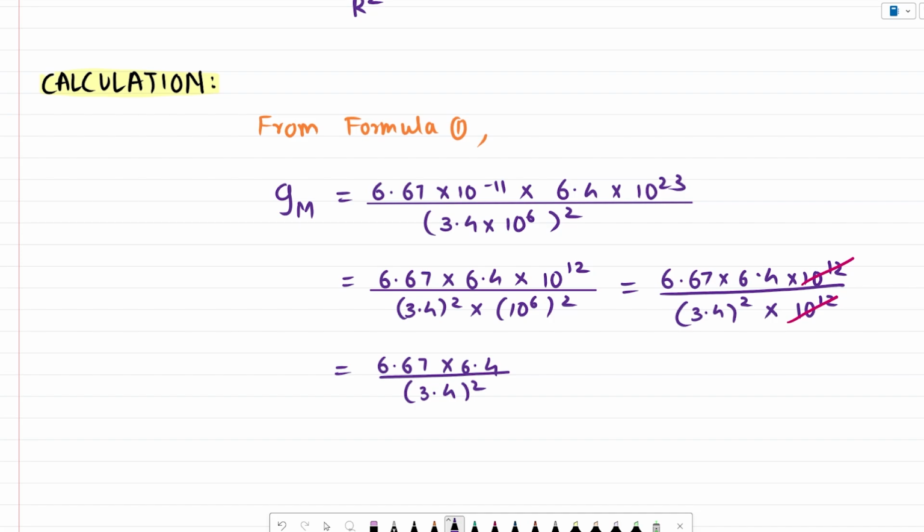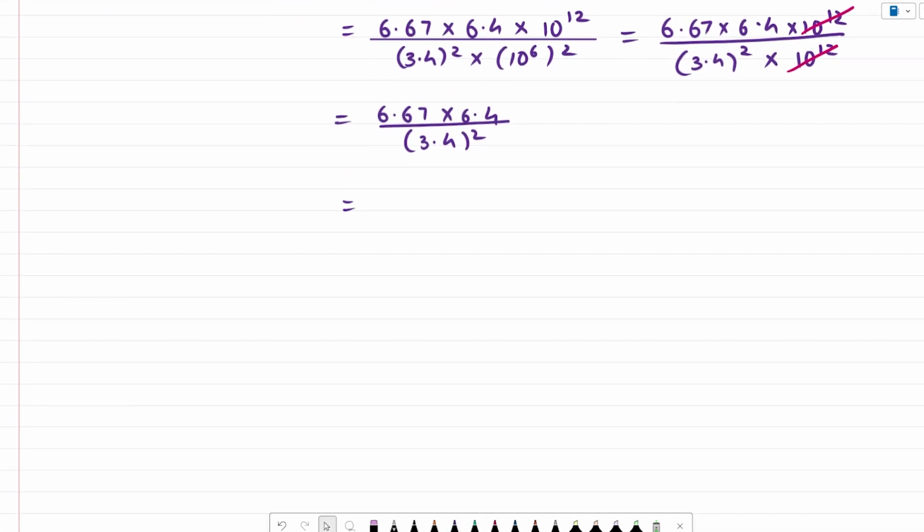इसके बाद आपको जो है कॉलेज या एग्ज़ाम में कैलकुलेशन के लिए लॉग्स यूज़ करने होंगे. So use logs for calculations. But for the video, we will skip the logs step and we will directly calculate the value. And if we solve this particular term, that is 6.67 into 6.4 divided by 3.4 का whole square, we get the value as